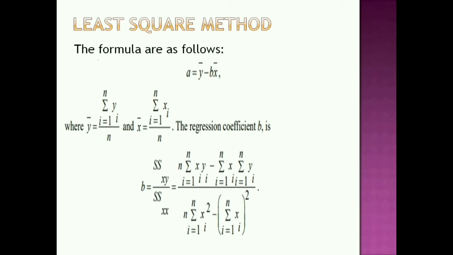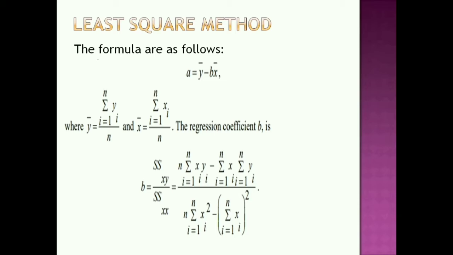When you see something like the sigma symbol, it means summation. All you have to do is add all the values of x divided by the number of observations. Now, we also need to solve for the regression coefficient, b, which is equal to SSxy, or the sum of squares of xy, divided by the sum of squares of xx. Using